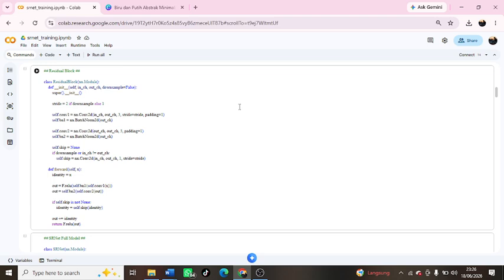The residual block consists of two convolutional layers, each followed by batch normalization. In addition to the main path, there is a skip connection, a shortcut connection that connects the input directly to the output. The addition of this path helps maintain the flow of information and addresses the vanishing gradient problem as the network becomes deeper.